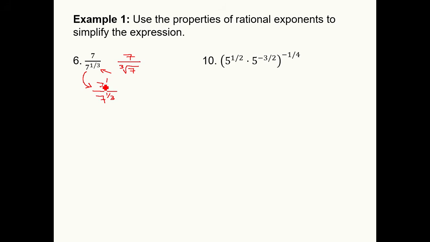So if I have 7 to the 1st over 7 to the 1/3, I could express that as that same base with the difference of those two exponents. So it's really 7 to the 2/3 power. And I think we could simplify that a little bit further. They started with a rational exponent, so technically this is a rational exponent in our answer. But what that really means, if we tie this into section 5.1, the denominator is a 3.